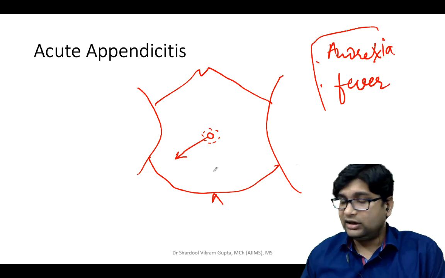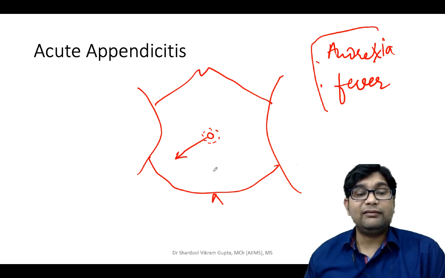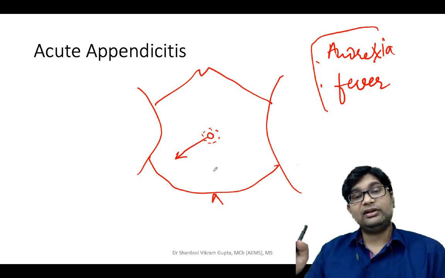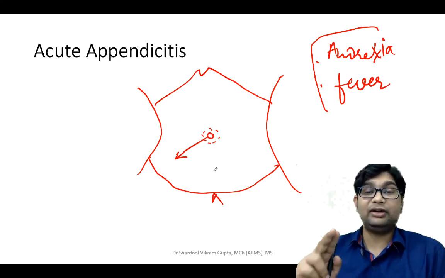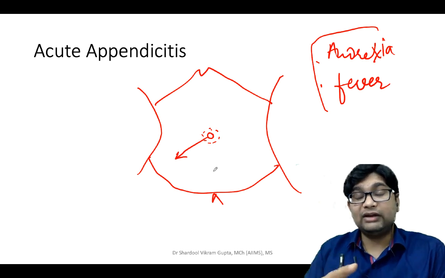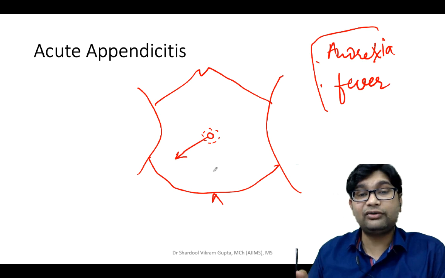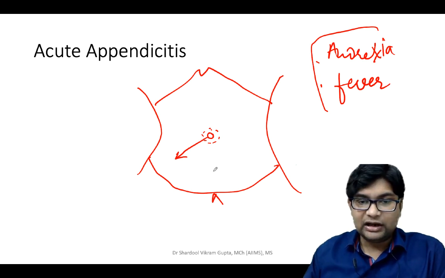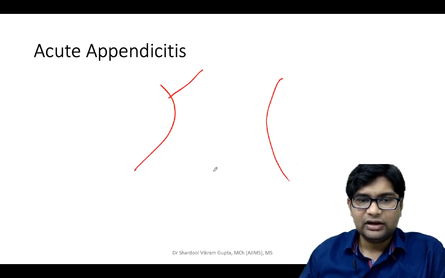So there are certain other signs which are elicited in acute appendicitis because, you must have known that the tip of the appendix varies. The location of appendix is varying among general population. Sometimes it is pre-ileal, sometimes it is post-ileal, sometimes it is pelvic in location, sometimes it is retrocecal. So based on the location of the tip of appendix, there are certain tests which will help in diagnosing the acute appendicitis.